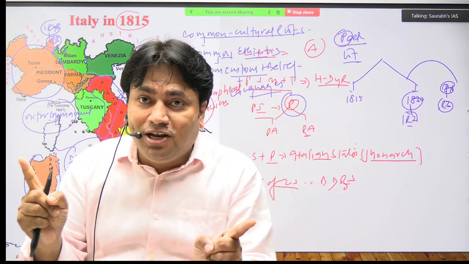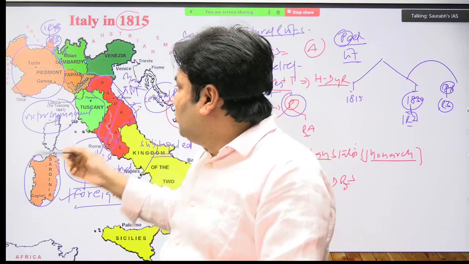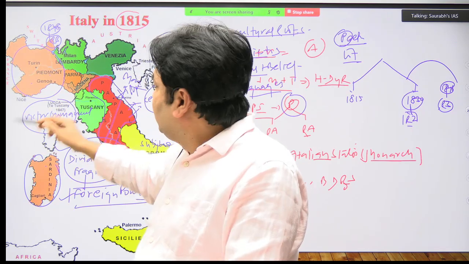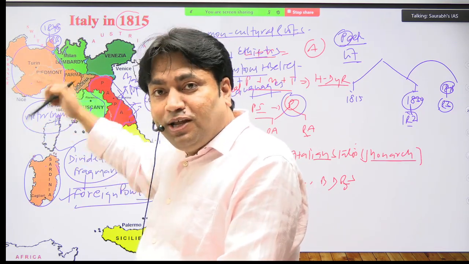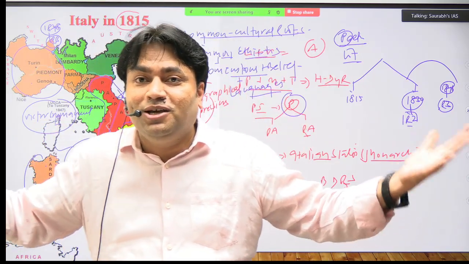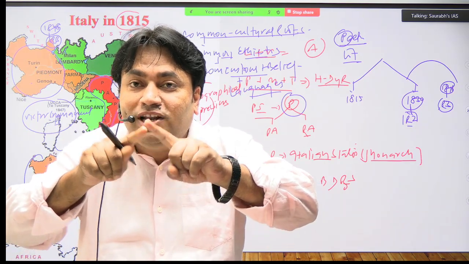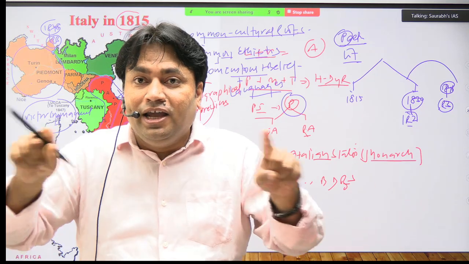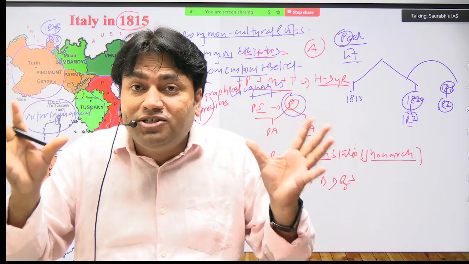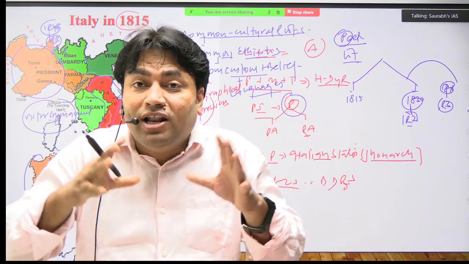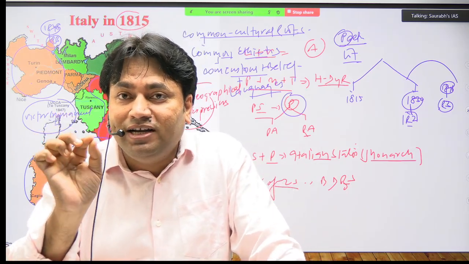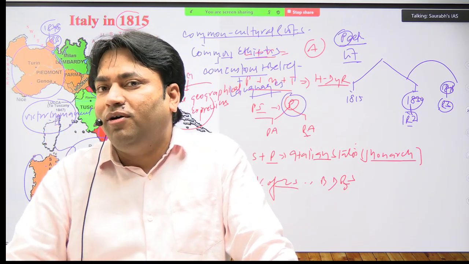तो जब यूनिफिकेशन होगा, इटली बनेगा, तो देखो, इटली मीन्स व्हाट? सार्डिनिया प्लस पीडमोंट प्लस पर्मा मॉडर्ना टस्कनी प्लस Lombardy, Venetia plus Papal States plus Kingdom of Two Sicilies. So what will happen? It will have a larger area. It will have a greater political unity. It will have a larger economic identity. It will have a larger diplomatic identity. And now this will have a specific identity, particular identity on the map of Europe.